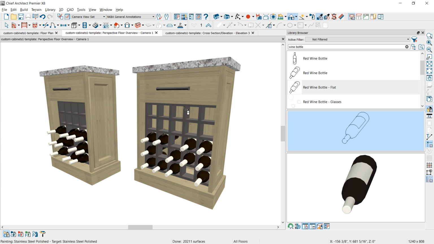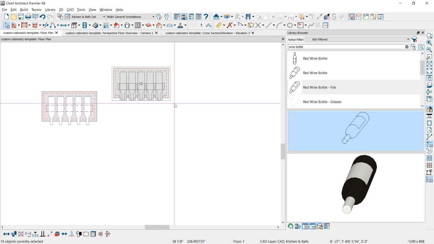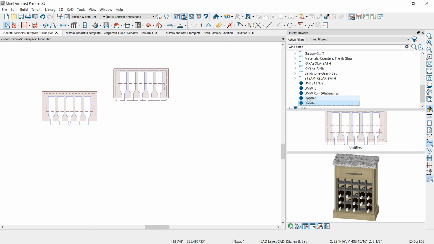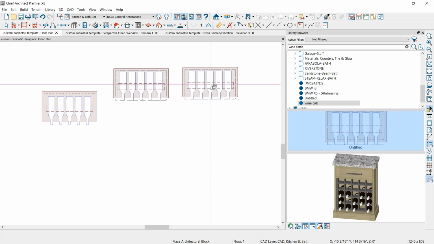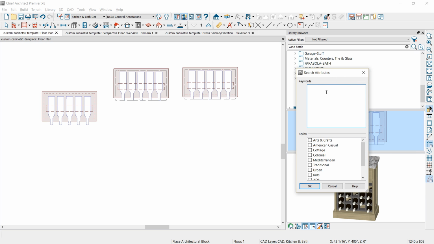Now we've spent a few minutes creating this cabinet. The other thing you can do is simply block this cabinet and then add it into your library. Select Add to Library, you give it a name, and then you can reuse that wine cabinet in the future just simply by organizing your catalog, coming in and placing it. A lot of times with this wine cabinet, I will add search attributes in here where you can put in some keywords, maybe put in a style, and it will help you find it in the